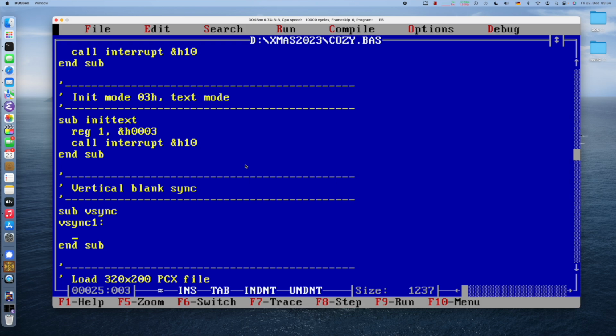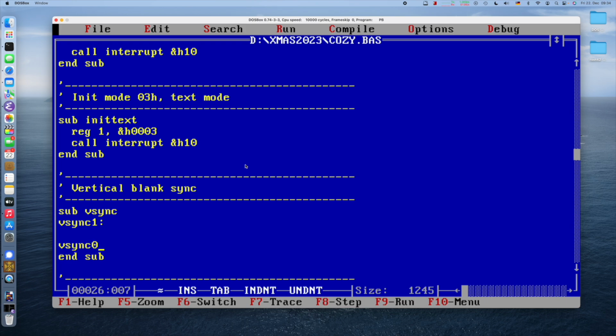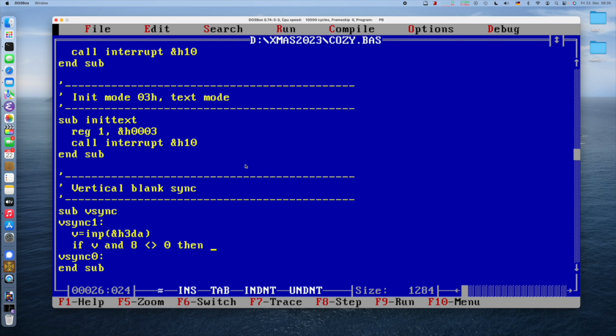So we need 2 loops basically, so 2 labels, VSYNC 0 and VSYNC 1, depending on if the VSYNC is active or not. Here we're testing for active VSYNC, so we read from the register that shows us the status of the vertical retrace, which is hexadecimal 3DA, the VGA status port. And if the value has the bit 8 being set to 1 basically, so I can test for not equal 0, then we will loop,